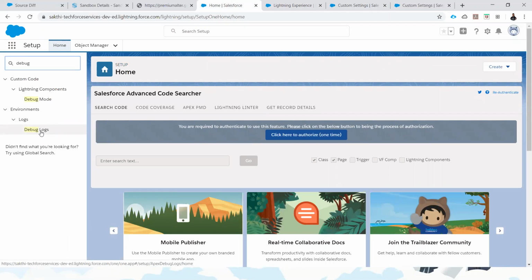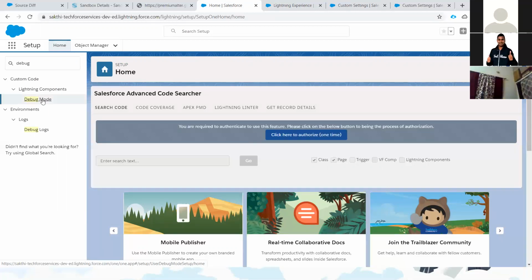Using this debug log, if we enable any of the users, we can easily download or view the debug log. For Lightning component or Lightning web component, we can enable debugging using this debug mode option. Let me go to this debug mode and enable.